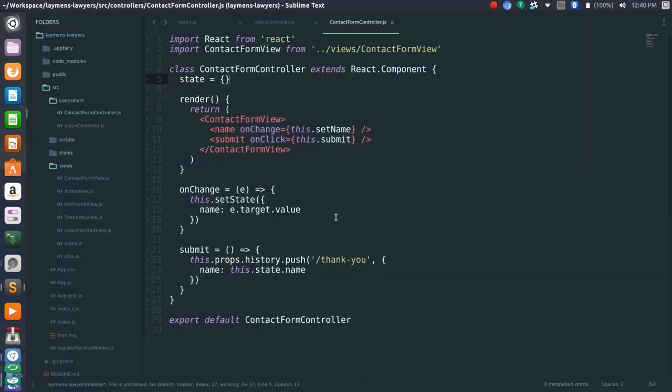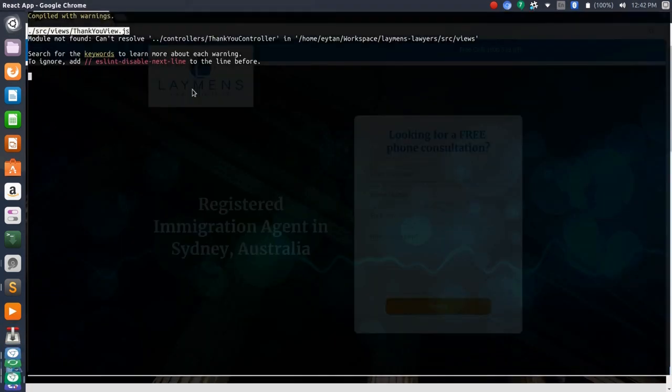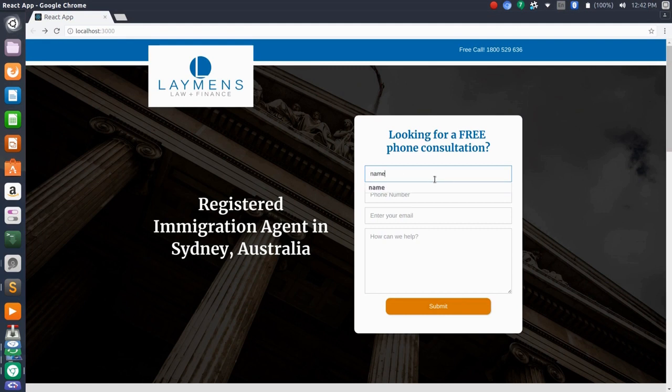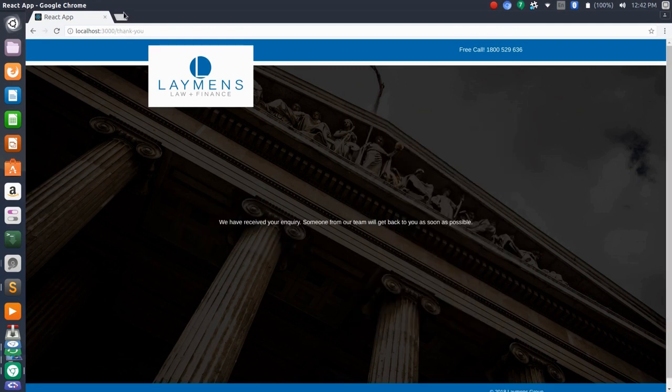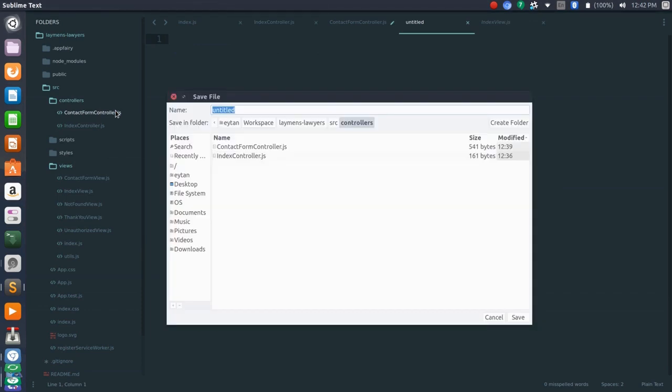Okay, there's something wrong in here. Just let me check. Okay, so apparently I just had to rerun the React application. There was something wrong with the watcher. I don't know what this is, irrelevant. But anyways, once I type the name and I click submit, now I'm promoted to the thank you page. But we still haven't finished. We want to see thank you, Eitan, which is my name. Nice to meet you. And in order to do that, we're going to define the last component